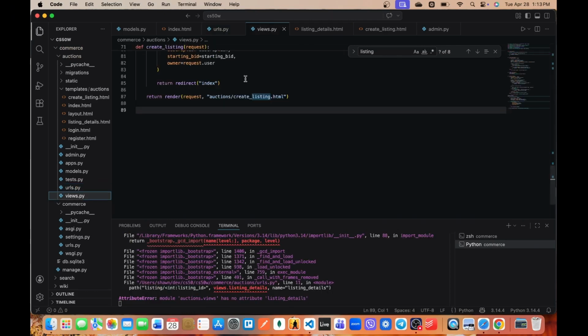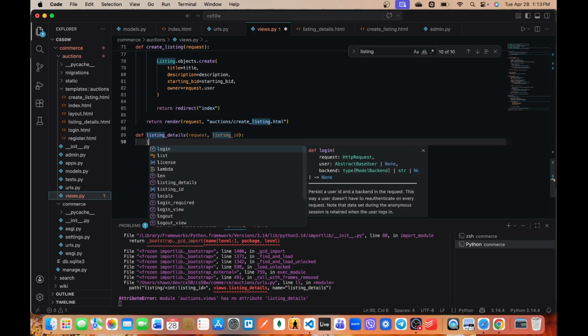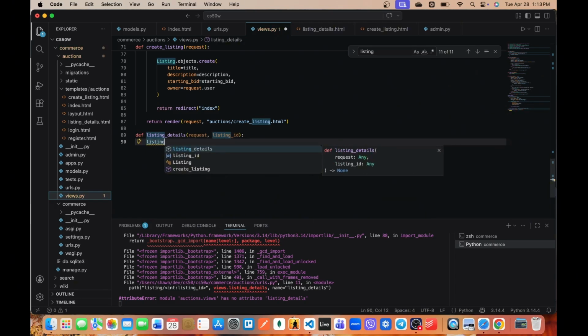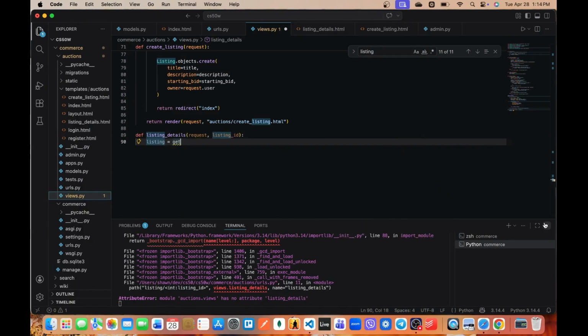Now we're gonna proceed to our views and create our logic for our function listing details. This accepts a request and listing ID from our route. Then we're gonna make a variable called listing and call Django's built-in ORM for fetching rows, specific rows. This is called get_object_or_404,